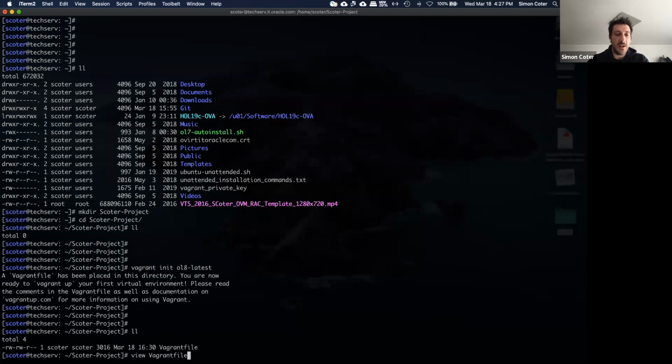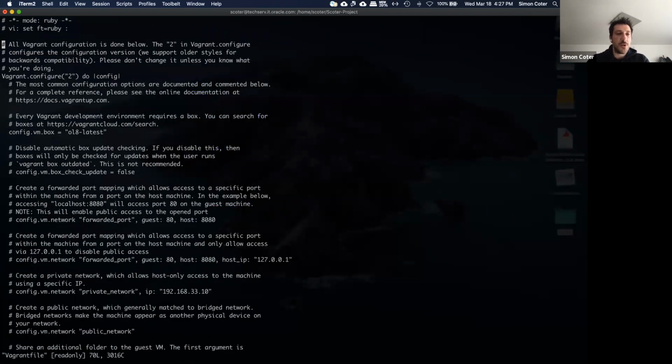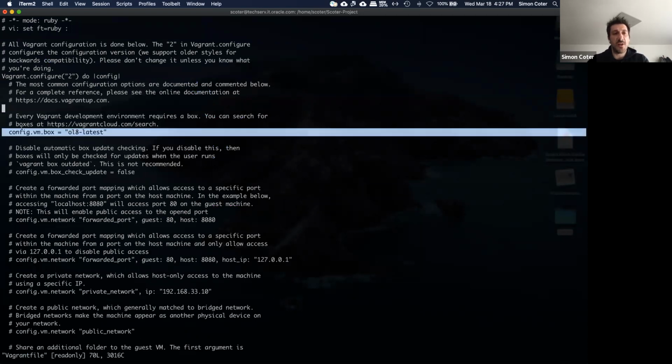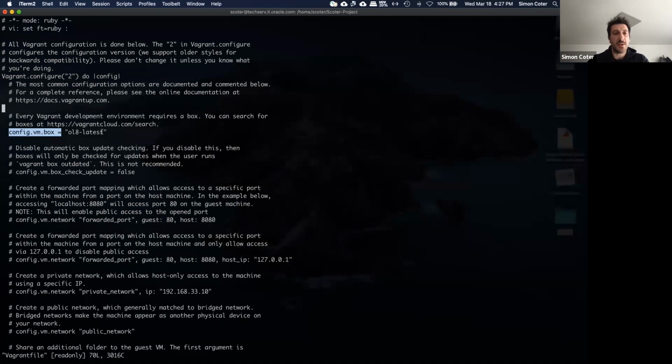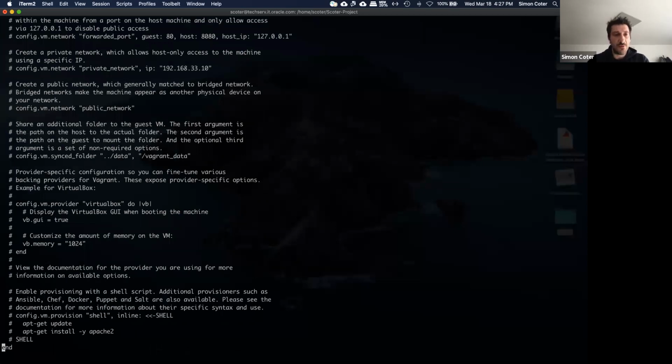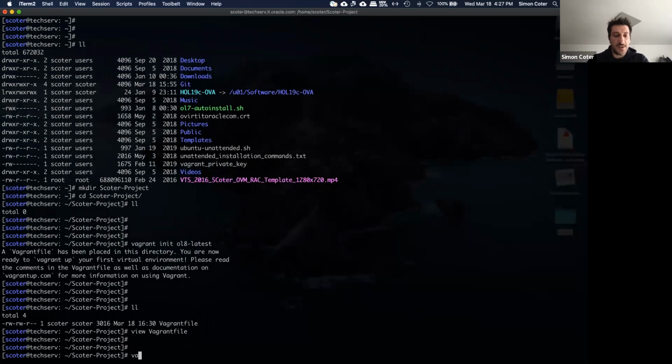In the Vagrantfile, we have the configuration for this Vagrant box. This is the base configuration. So we are just saying, yeah, the VM that is going to start is OL8 latest. And then there are so many options. I'm going to deep dive into some of them later. But now let's see. By executing vagrant up,